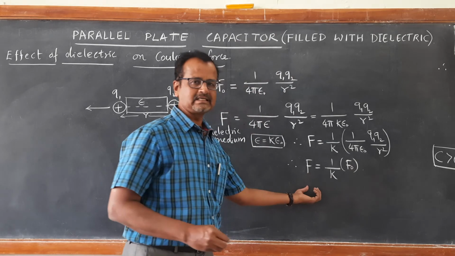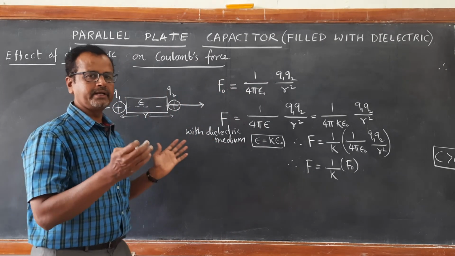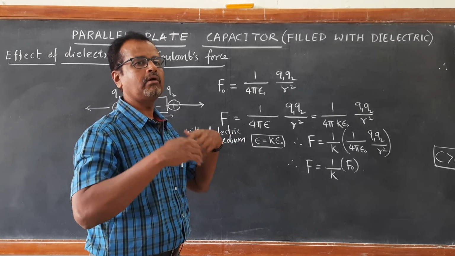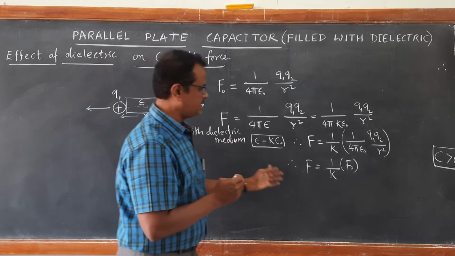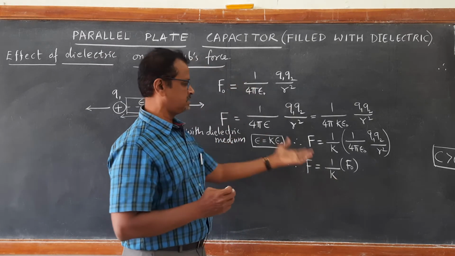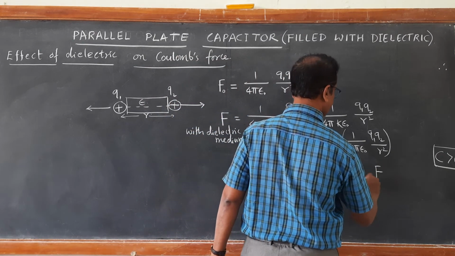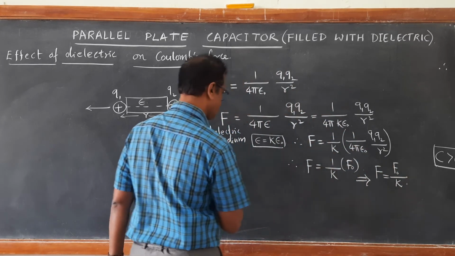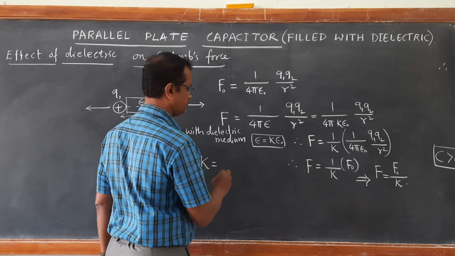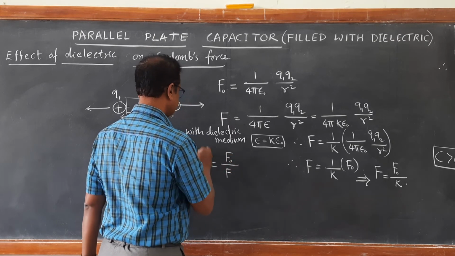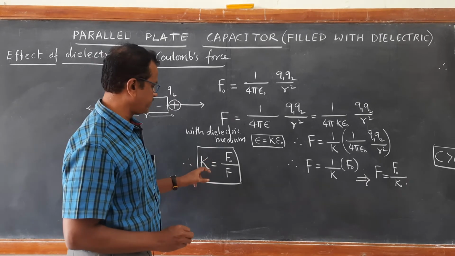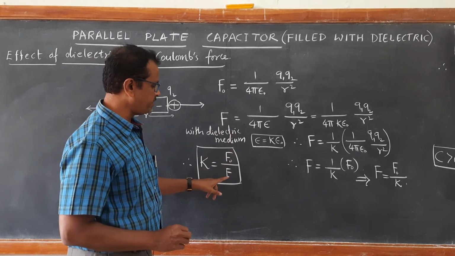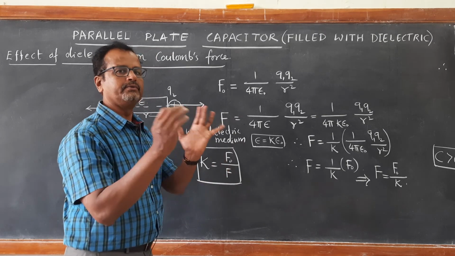So, this definitely tells us that if you take the source of electric field, charges or system of charges or point charges in a dielectric medium, then the force of interaction, Coulomb's force, decreases, because now Coulomb's force F becomes F naught by K. Now this also helps us to define what is K. K is therefore equal to F naught by F. So dielectric constant K can be now defined as the force of interaction between the 2 point charges with free space divided by the force of interaction between the point charges filled with medium.